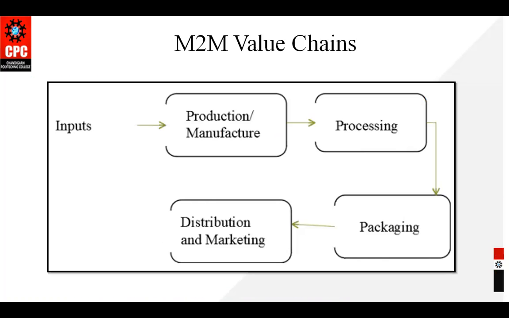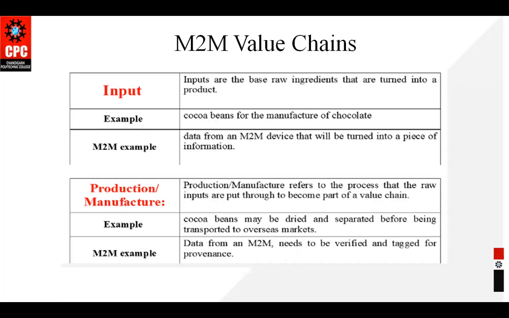Then there comes the M2M value chain. In this case, the input is given to production and manufacture, which is further processed, then packaging is done, and then distribution and marketing. Here in the slide, it is a basic example of how all these steps are carried out in the case of